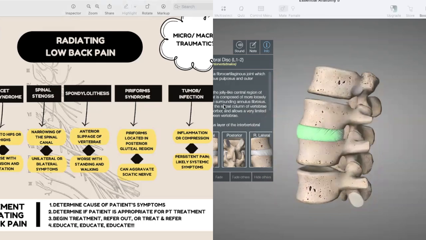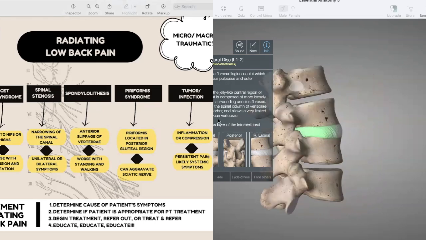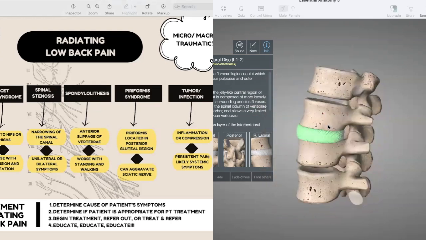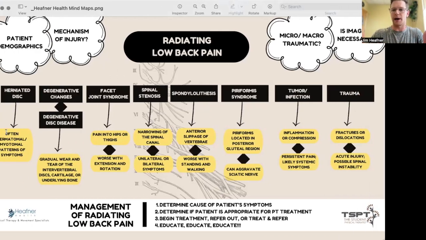With a herniated disc, they're often having that dermatomal or myotomal pattern of symptoms. That means symptoms are going to be unilateral in nature. The disc, as it protrudes based on the biomechanics of the body, disc injuries typically happen in a flexion and/or rotation type of position of the lumbar spine. So when someone comes in and they have a mechanism that matches a flexion-based injury, what we're thinking is we need to see